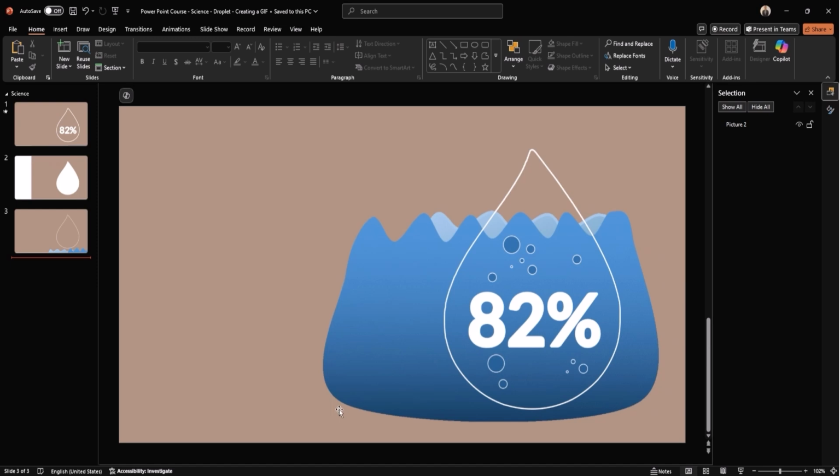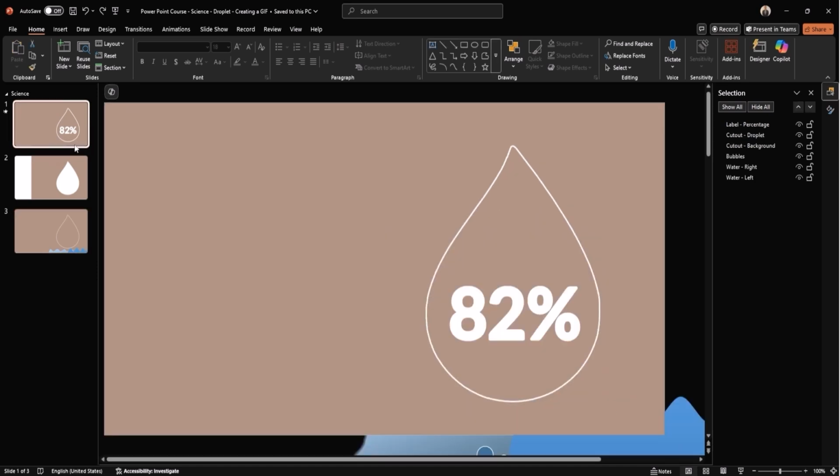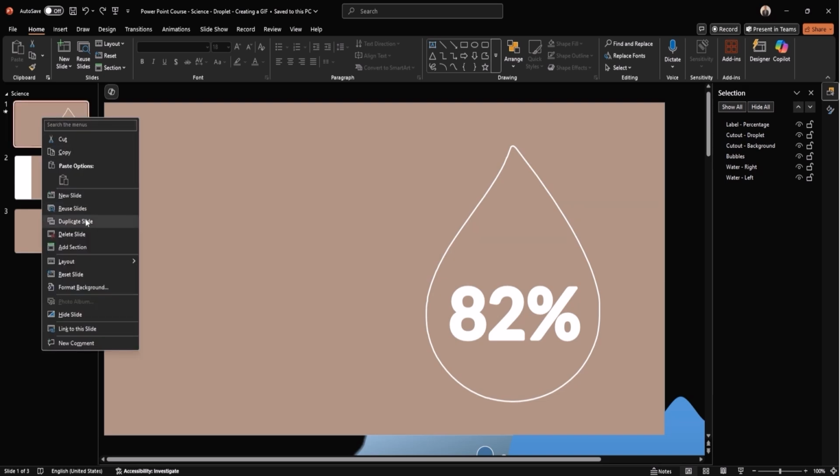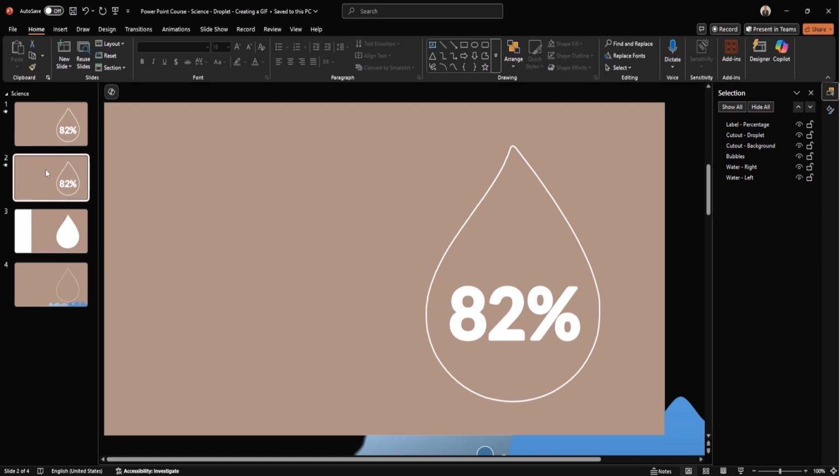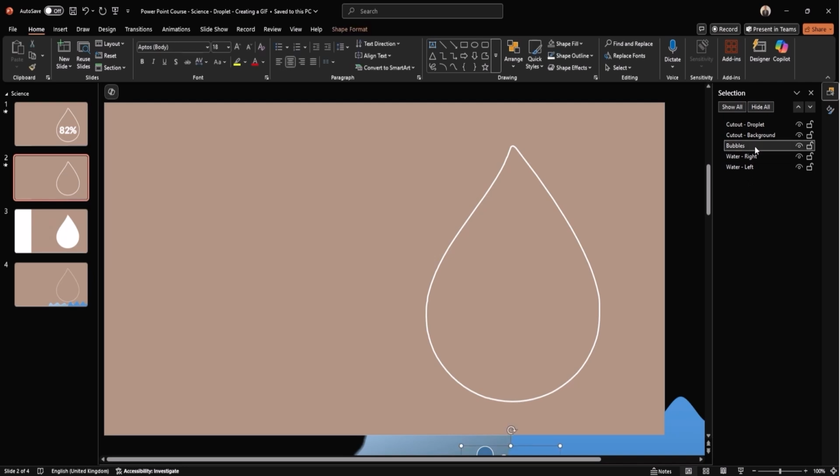But before that, just for good measure, I'll show you how to create a white and a brown version of the GIF, which we'll be using in Adobe to fix the issue. First, head to Slide 1 and duplicate it. Now, go to Slide 2, the duplicated slide, and delete the text field. We don't need that for the GIF. Next, we need to adjust the bubbles and the waves. Simply remove their fill color and give them a white outline instead.